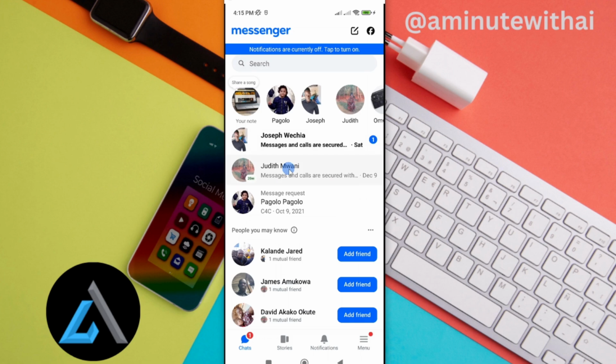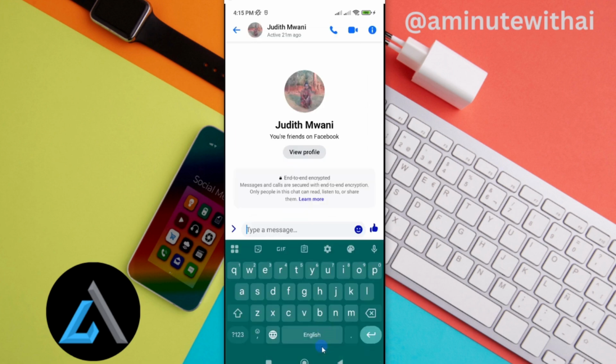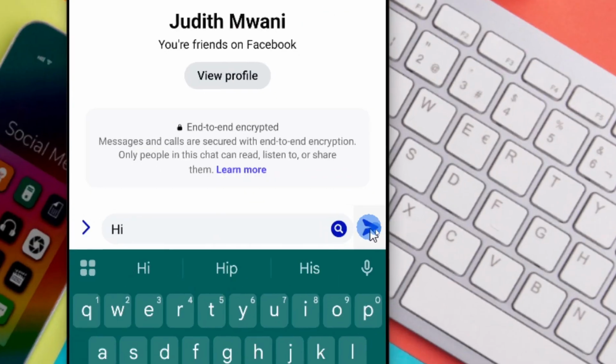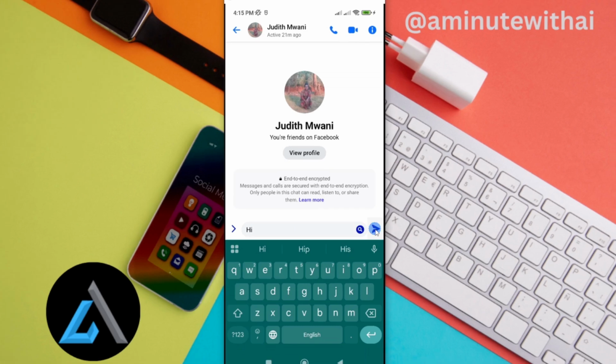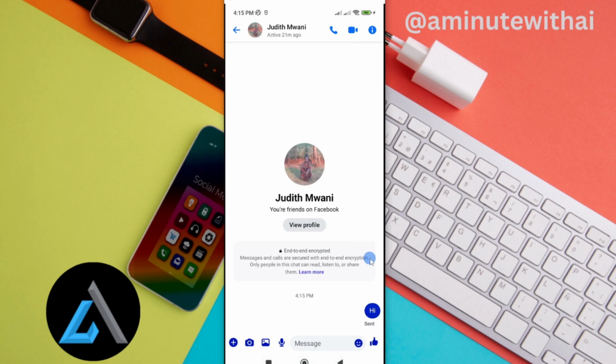And once you search the name and tap on it, you'll be able to message them here by tapping on message. And then go ahead and enter your message just like that. And to send the message or to send the chat, just tap on this send icon here, and they'll receive the message directly. As you can see, this chat has been sent and it has been confirmed as having been